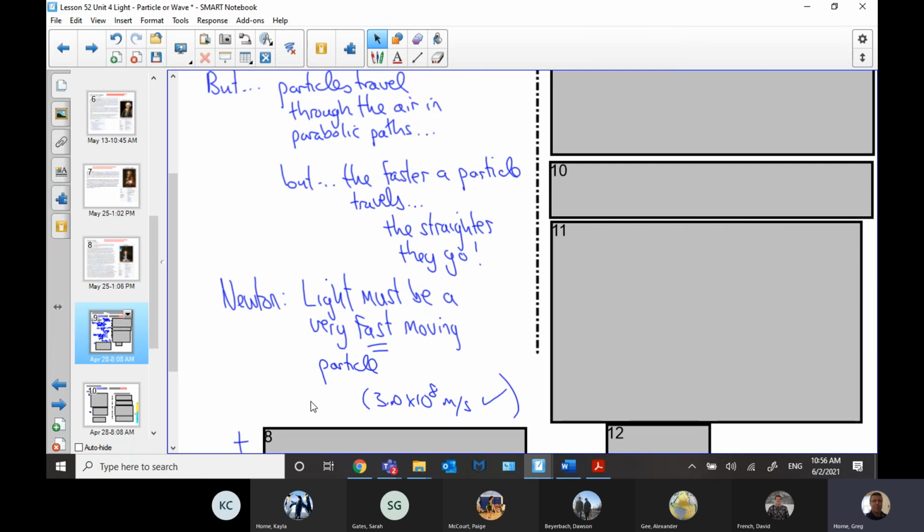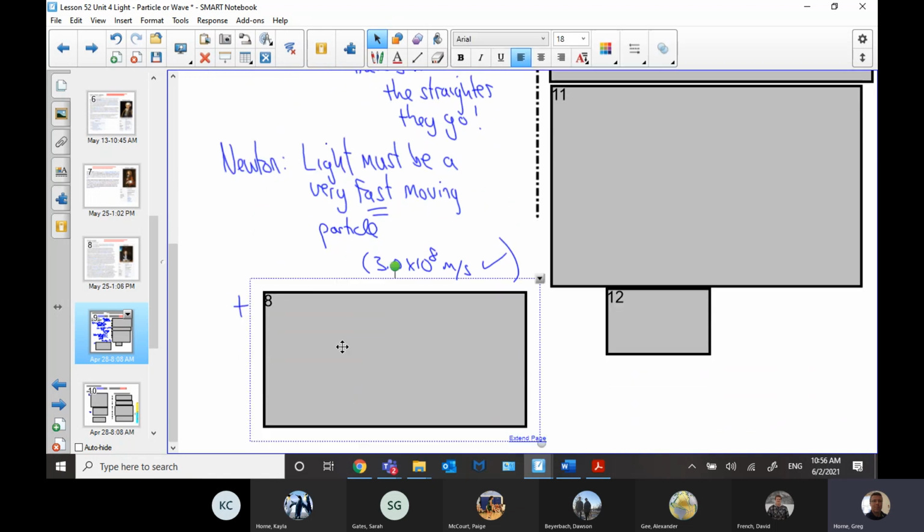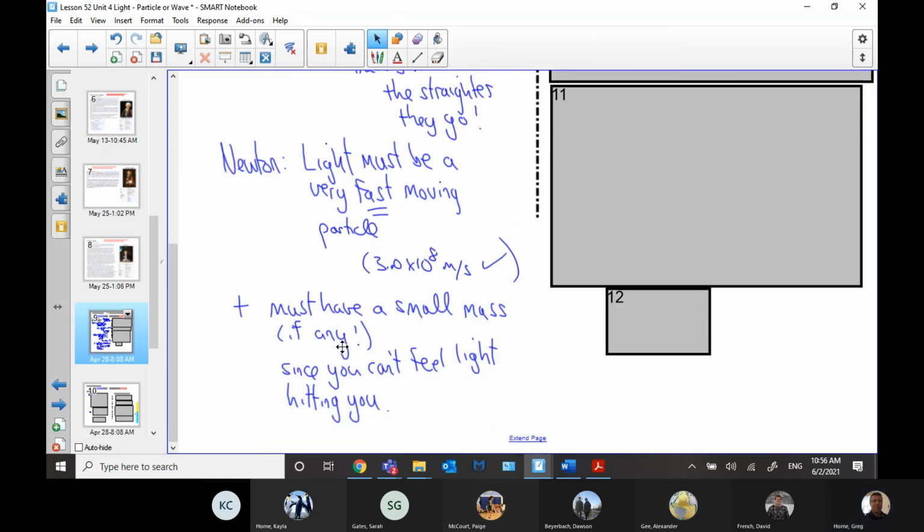So you could look at it as Newton was right in saying that light is a fast moving particle in terms of that, right? The speed of light is 300 million meters per second, so it's certainly fast. Whether it's a particle or not, I suppose we're still trying to weed that out, right? But you could think of it as having a pretty small mass, because you don't feel light hitting you if it's going that fast. It would have lots of momentum, so it must have a really small mass, if any mass at all. Otherwise, that incredible light speed would hurt you when it hits you.